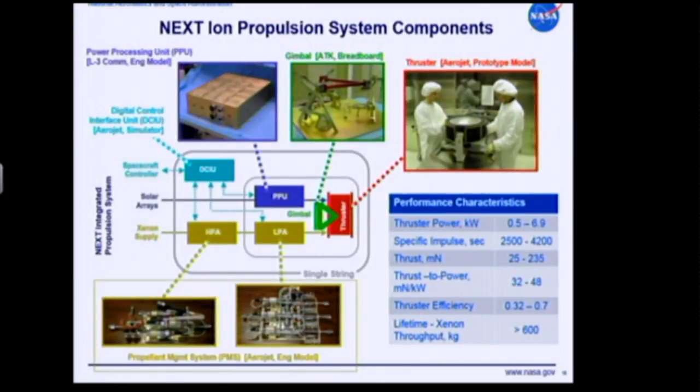This is a functional diagram showing what it takes to support an electric propulsion system, different from what I showed you on an earlier chart of a chemical stage. If you look at some of the inputs, this has a lot to it, but the term xenon supply, that's the propellant of choice for this kind of engine. You'll need far less propellant to feed this high-performing engine, but you'll feed it through a number of other components,